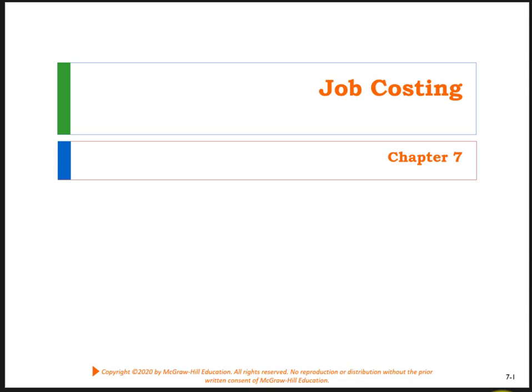8, and then we're going to add some other things with regard to allocating overhead in Chapter 9 with activity-based costing. So let's